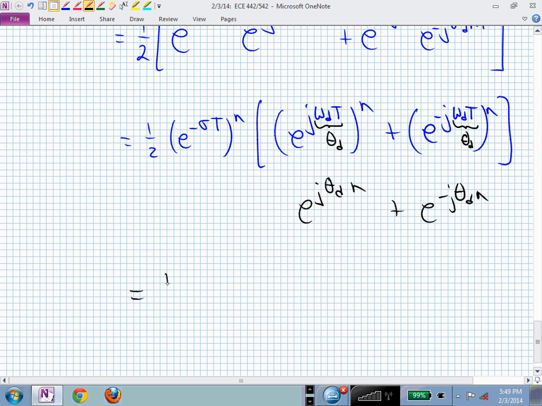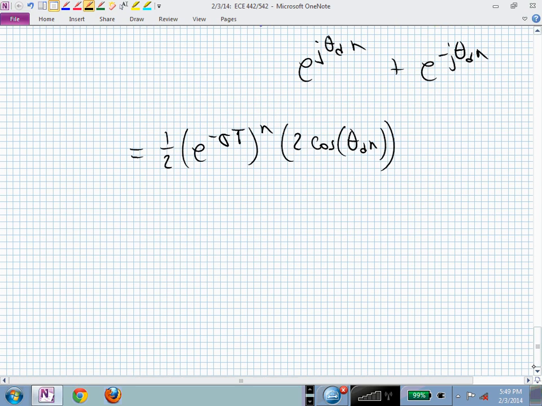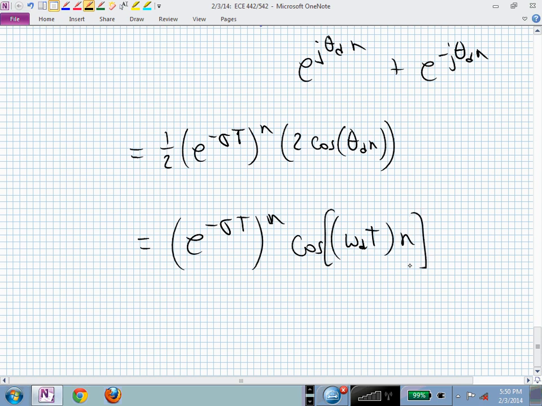Using Euler again, we have 1/2, the 2's cancel. My hand came back alive, and now we have cosine omega sub d T n, or cosine of theta sub d n,